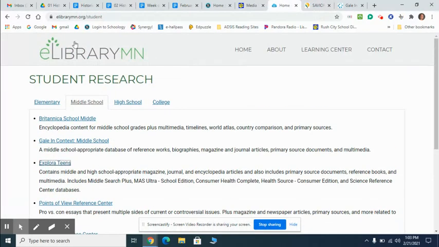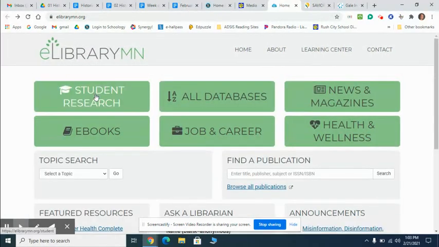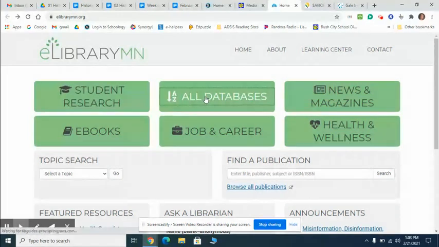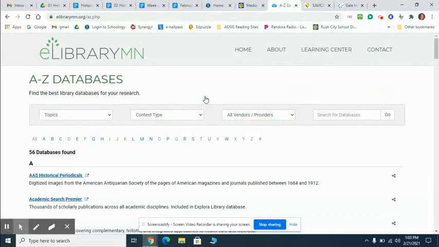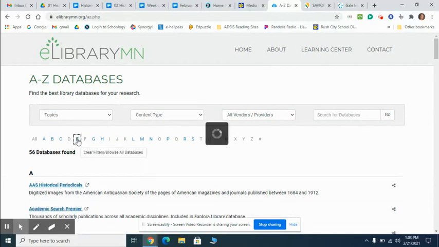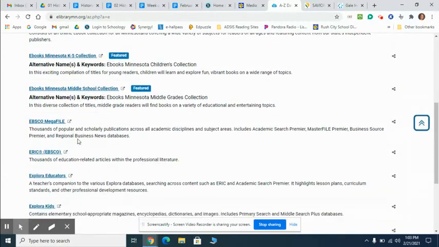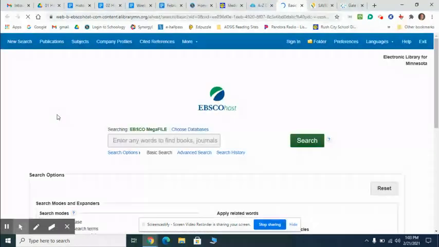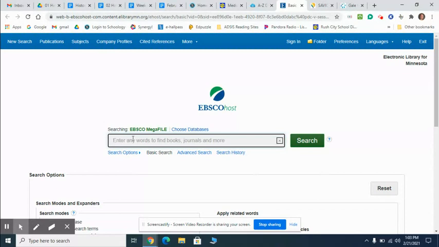Okay, back to the Elm Library. Remember, the first place that we used was the student research. You can also go into something that's called EBSCO, and that's by clicking on all databases and then clicking on this E, and it'll bring you down to the EBSCOhost megafiles. The EBSCOhost megafile, again, has lots of different databases to look at. So it's another place for you to search